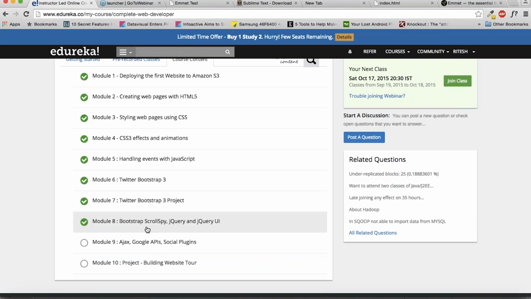Then jQuery and then jQuery UI, which includes date picker, drag and drop, and all those stuff. Then I'm sure you must have seen maps available in normally all the websites. You might have seen some of the Facebook pages people have included in their website, how many likes they have in their page, who the people who like them are, and you can like the page from their website itself.